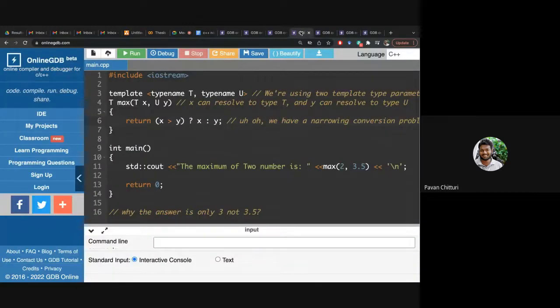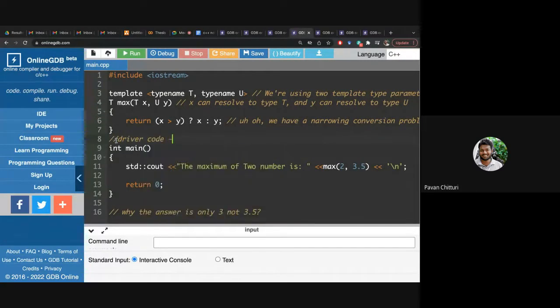So now we'll be seeing the fourth one. See, template typename T, that's one type that you are expecting, and another type U. Two types that we can be using here. So now I wrote T max(T x, U y), which is nothing but I'm expecting two arguments. With this, my max function expects two arguments. I have written a function to give the maximum of two numbers. That's fine. So now coming to the driver function,